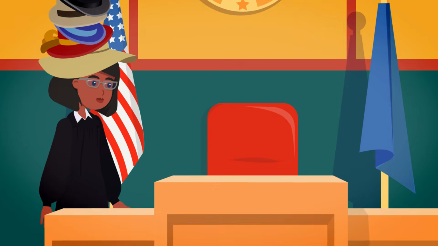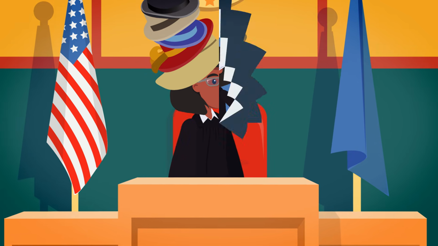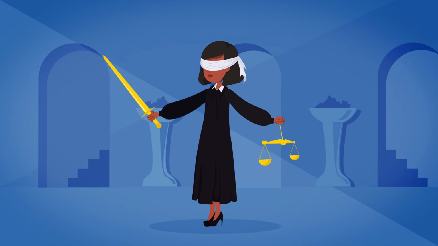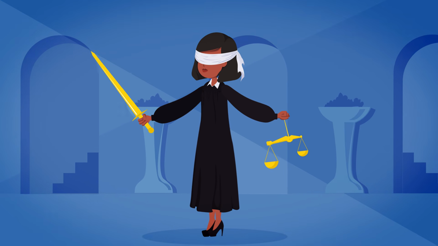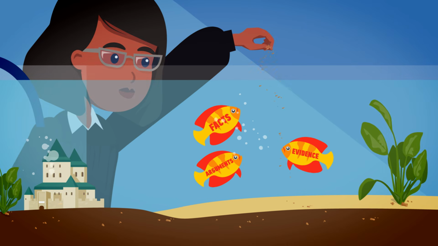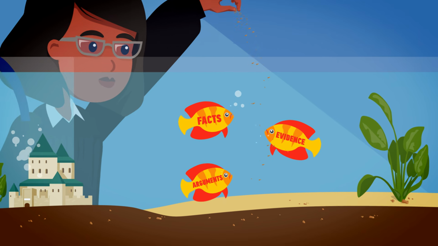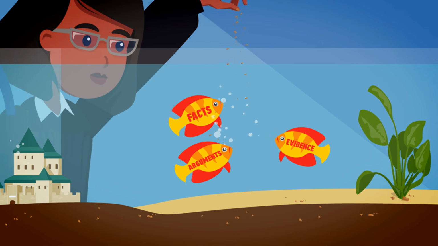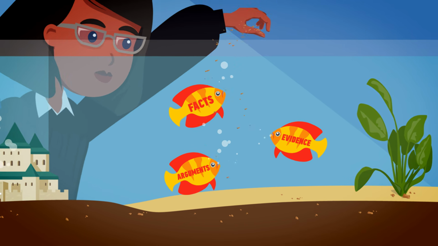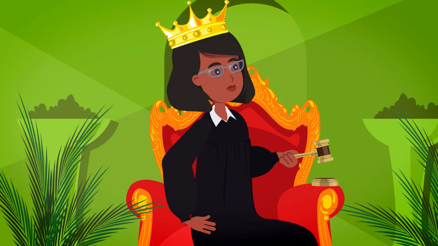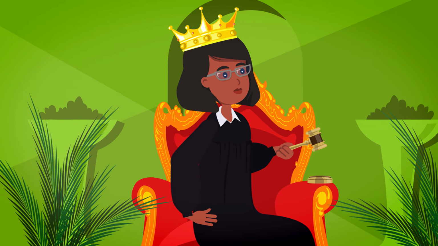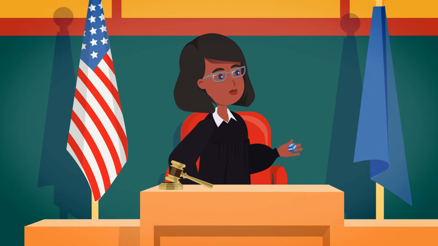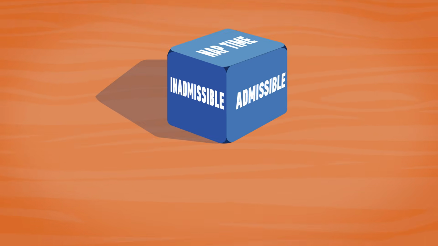Even in a jury trial, the judge still wears many hats. Metaphorical hats, of course. First and foremost, the judge is an independent, impartial decision maker in the pursuit of justice. Each side makes its arguments and presents the facts and evidence that it wants the jury to consider. It's up to the judge to oversee it all without bias. The judge is the ruler of the courtroom. She decides all matters of courtroom procedure. She also decides all legal issues, including ruling on evidentiary objections.